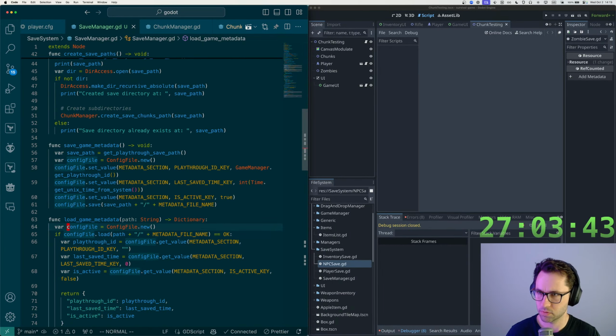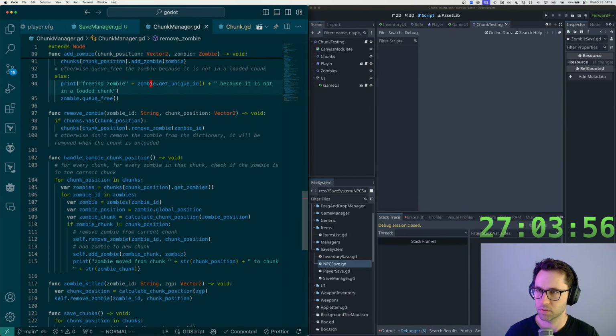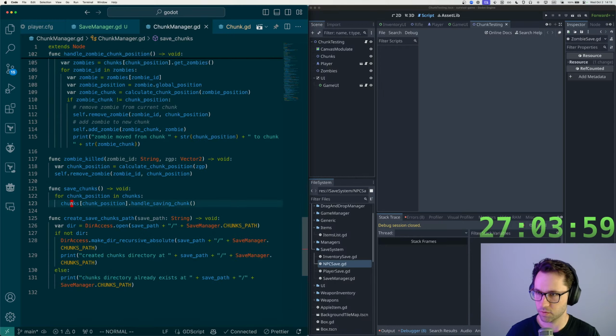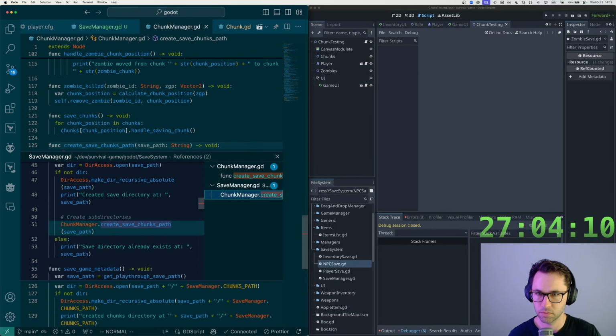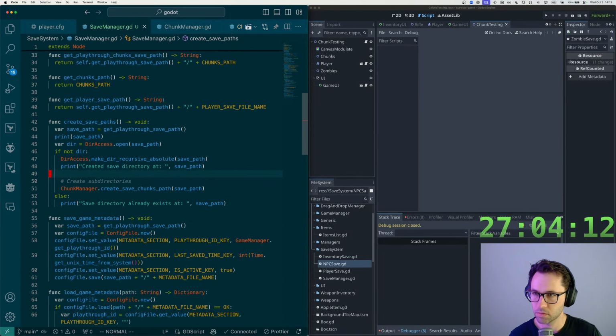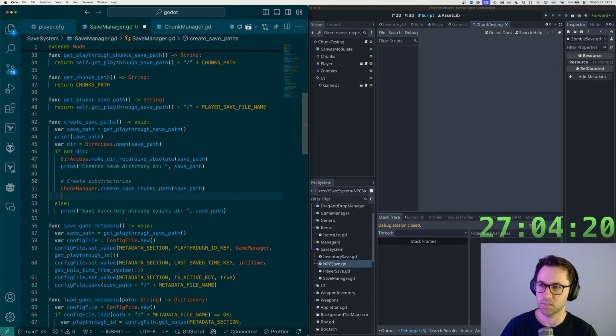I could have sworn. Let's actually go into, is there save related? Okay, create. Oh, okay, no, we're doing it in the chunk manager. So where's this getting called? Oh no, we are, okay, so in create save paths, no, we are doing chunk manager dot create save chunks path. We also need to say,